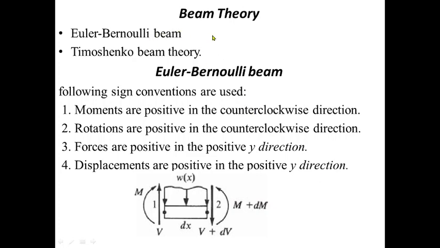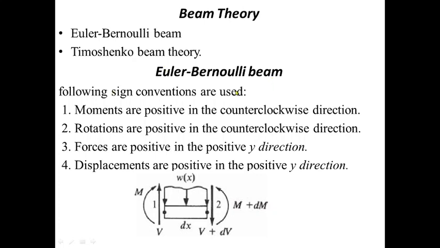As you know, many theories are used for the analysis of beams. Here we are using Euler-Bernoulli beam theory, according to the syllabus. What does it state? It considers that the plane section remains plane even after bending, whereas Timoshenko beam theory considers shear deformation of the plane section after bending. So this is a very simple difference between these two.